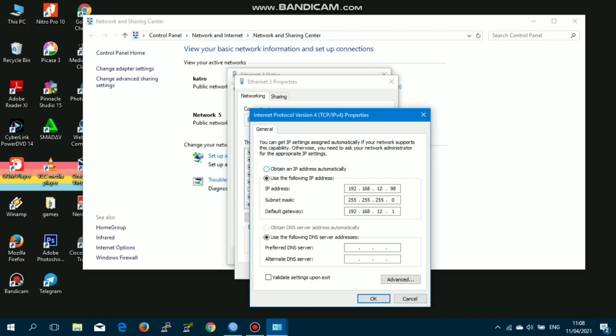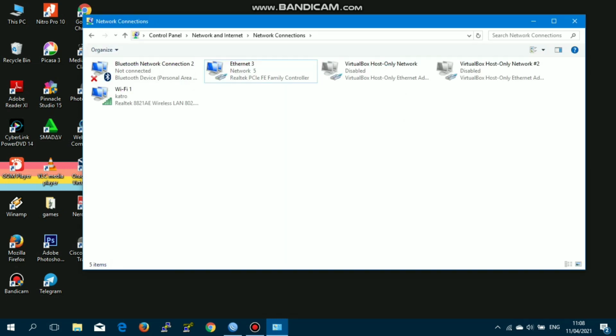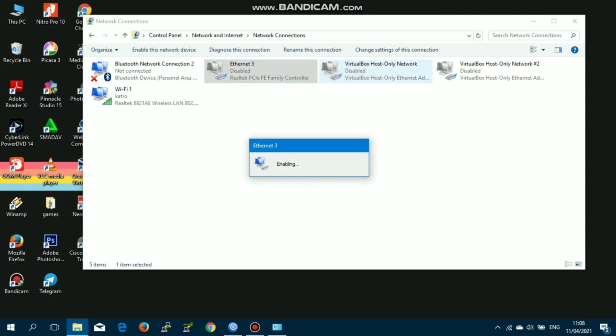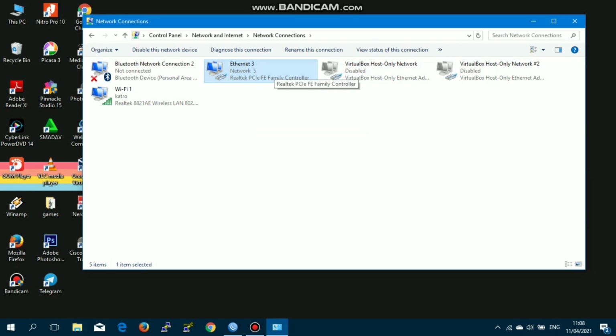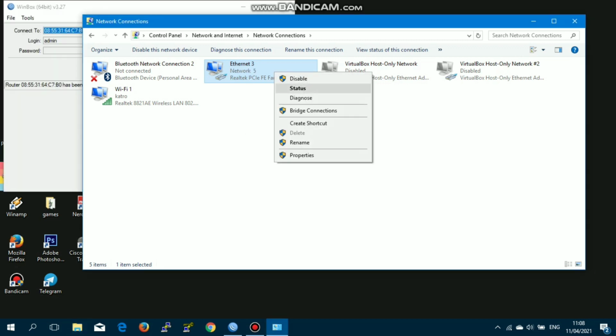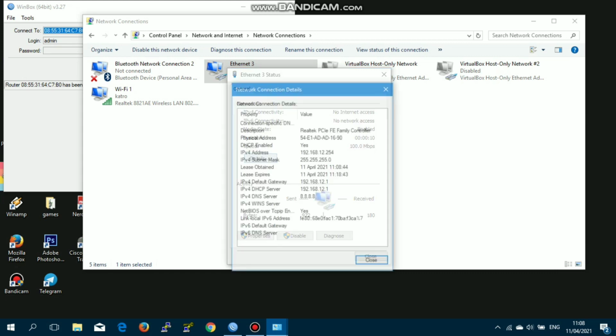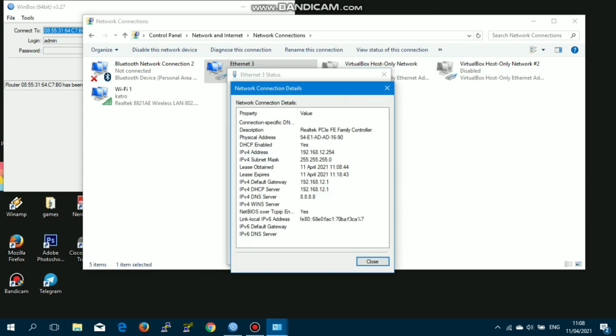Before testing, please make sure the desktop Ethernet is in obtain automatically form. We will test with disable and enable Ethernet. Click disable. Wait for a minute. Click enable. Click status, details. Then we can see in the details section and the result we have got the DHCP server IP